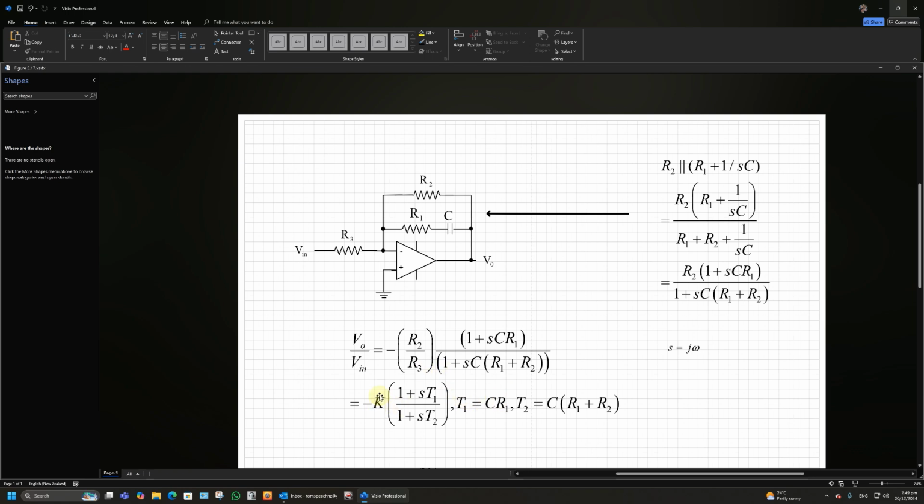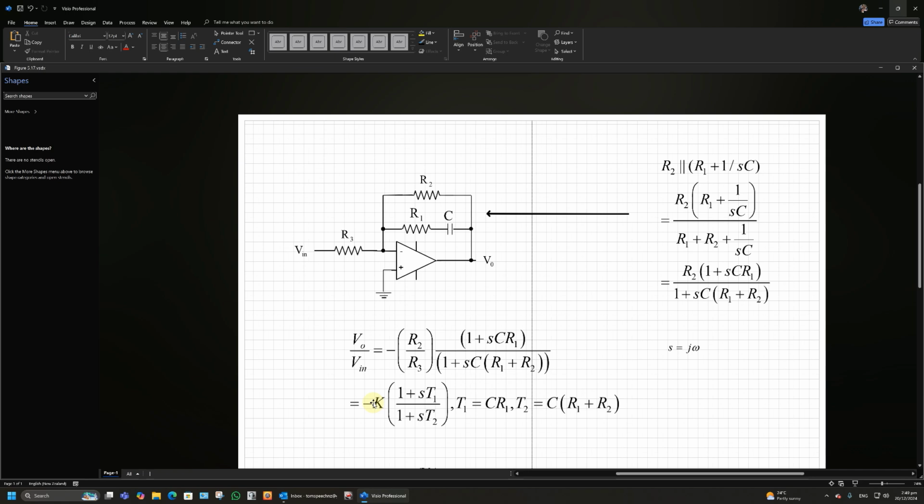So if you label K equal to R2 upon R3, that's the DC gain. And the reason it's the DC gain is because when S is 0, in other words, omega is 0, frequency is 0, you just get 1 over 1 times R2 over R3. So that's the DC gain, and the minus sign didn't concern us too much. And I just relabel things. T1 is CR1, and T2 is C in brackets R1 plus R2. And that's our